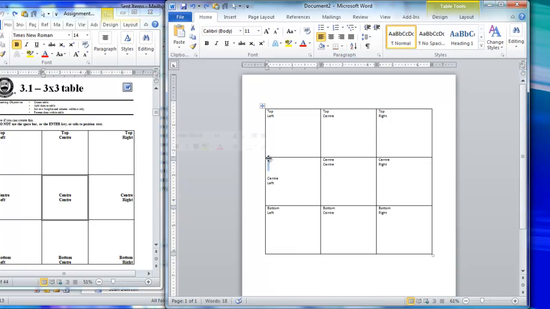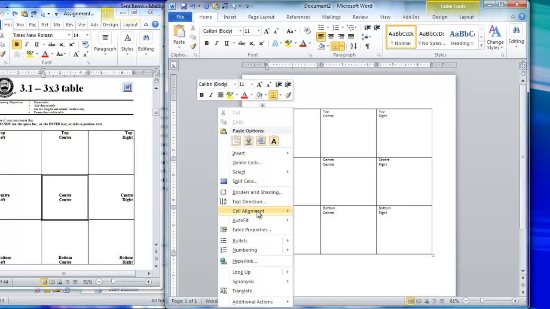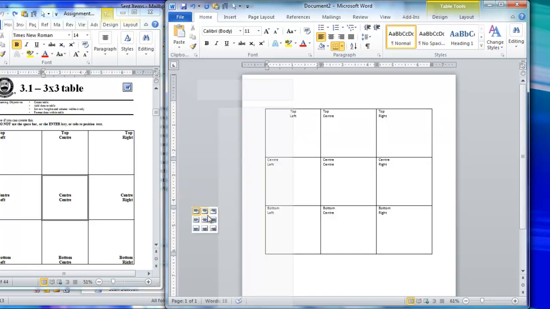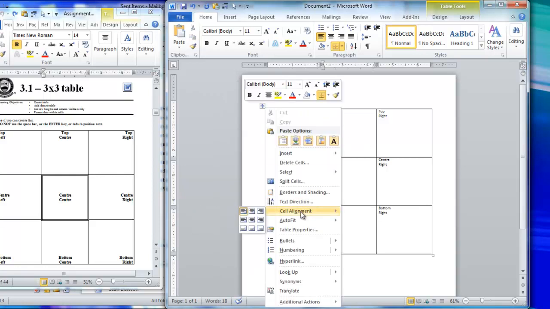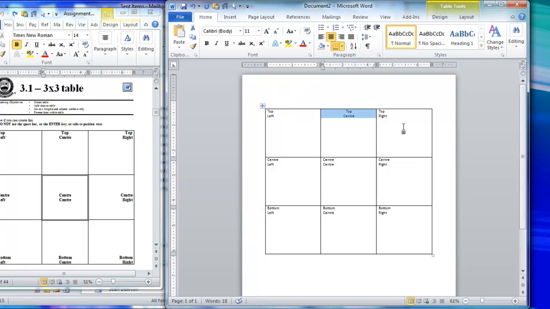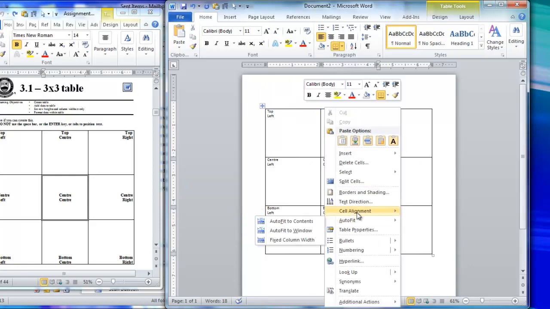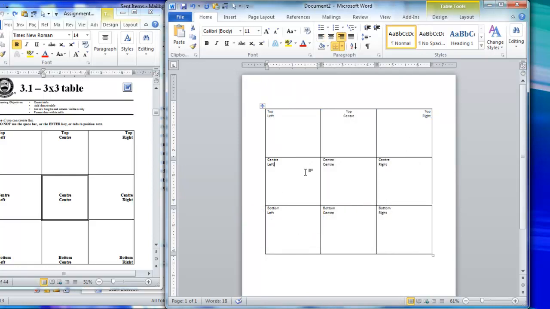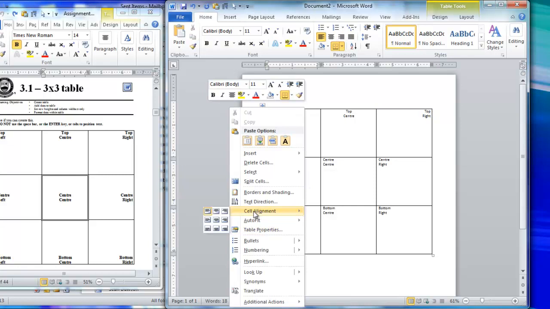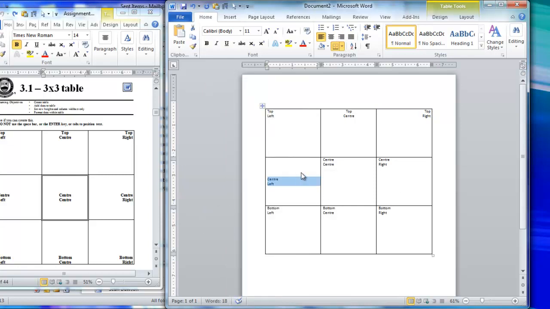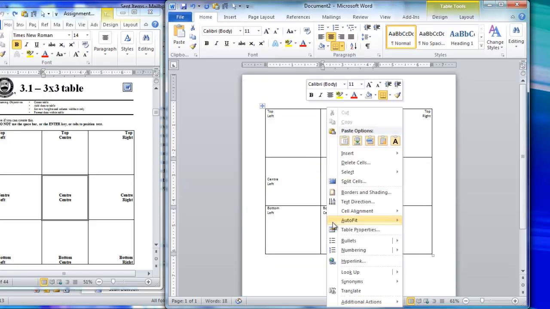So we will instead make sure that we use the proper alignment techniques simply by right-clicking in the cell, going to cell alignment, and choosing the appropriate alignment. In this case, top left stays the same. In this one, cell alignment is top center. In this one, the cell alignment is top right. In this one, it's center left, which means in vertical terms it's centered, and it's on the left side horizontally. Center center, center right,